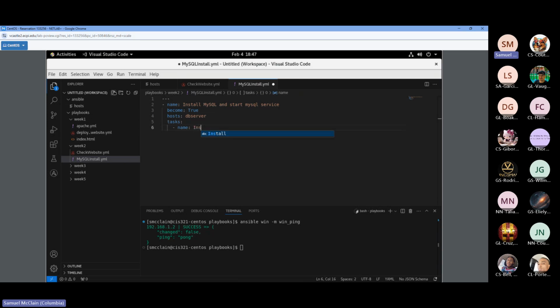Name is going to be install MySQL. And we're going to use the apt package in order to do our installation. If this were Windows, we would use MSI. If it were an RPM or Red Hat based system, we would use yum in that task. We're using apt because it is a Debian based system. So we'll say pkg equals mysql-server